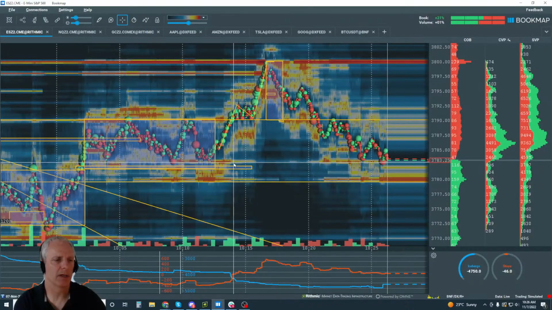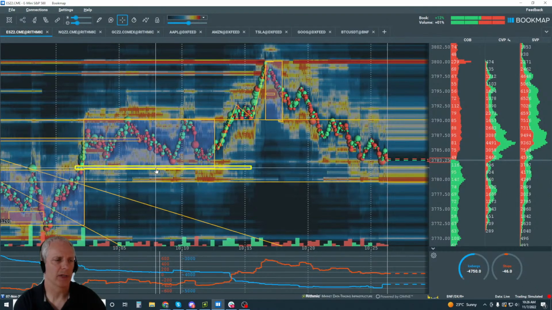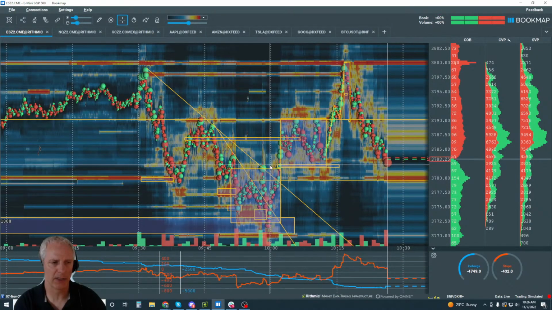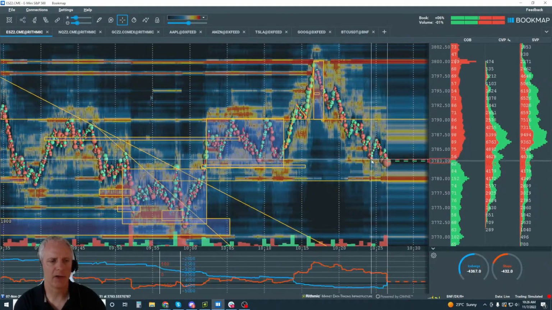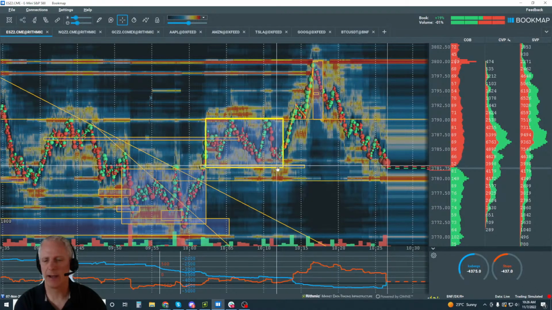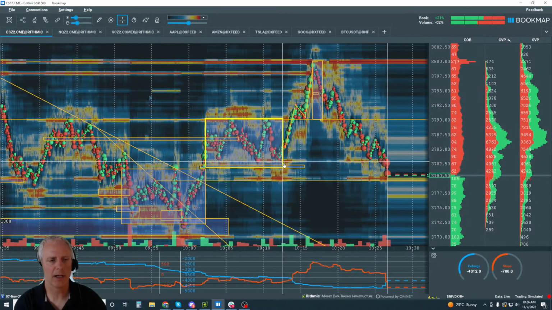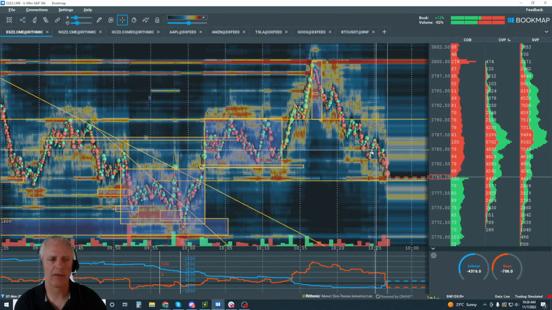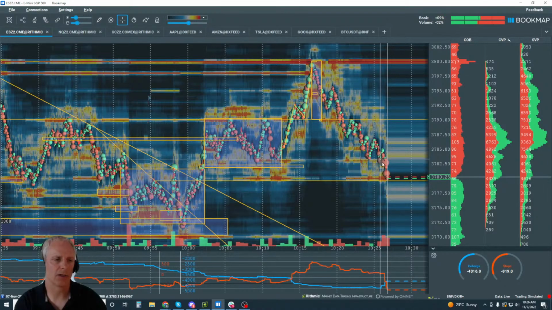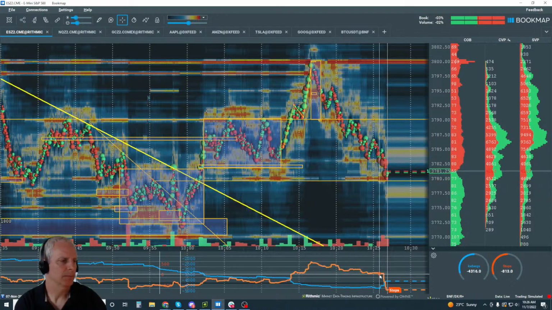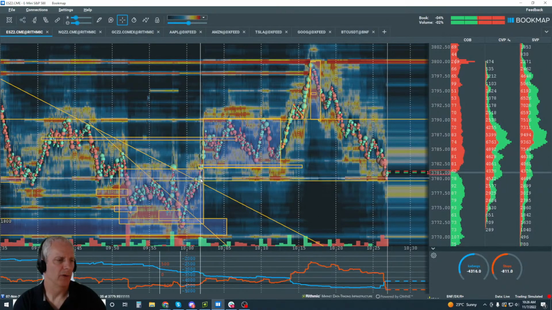Now we're drawing up our levels in here based on the order flow, and our structure based on the order flow. So it's not volume profile, but it relates to volume profile. It's all related. It also relates to the algo boys and the levels they're looking at, and then order flow around their levels. Look at this, more selling. Break down to this level now, here. This is where we originally broke out from in this whole move.